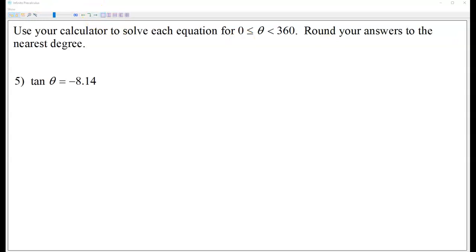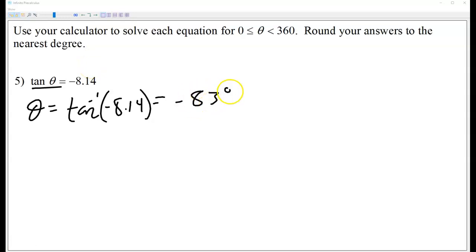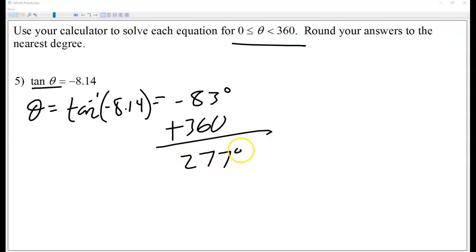All right. So we have a tangent button. So we're just going to start off by doing arctangent on both sides. Let's see what that gives us. And rounding it to the nearest degree, you're going to end up getting negative 83.3 degrees. Okay, now that's not in between the angles that we want. So we're going to add 360 to that to turn it into a positive coterminal angle there, which is 277 degrees. So that'll be my first answer,